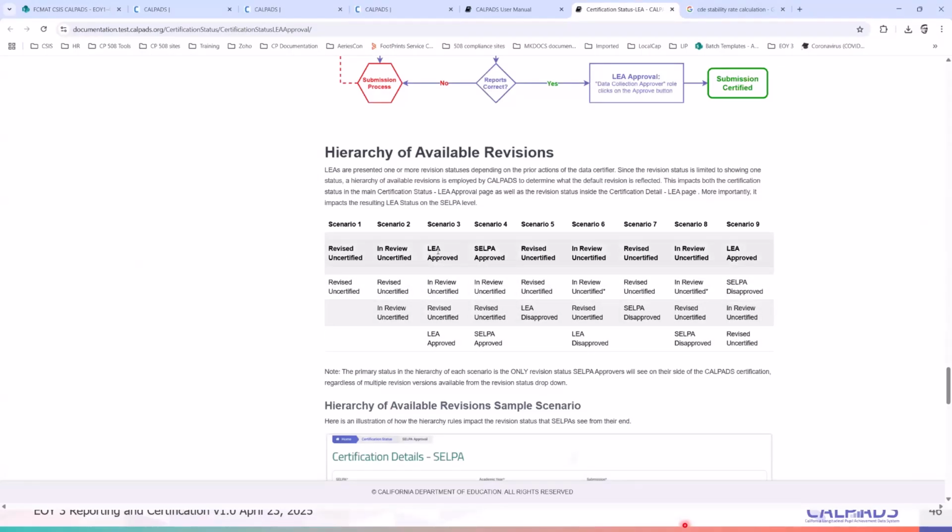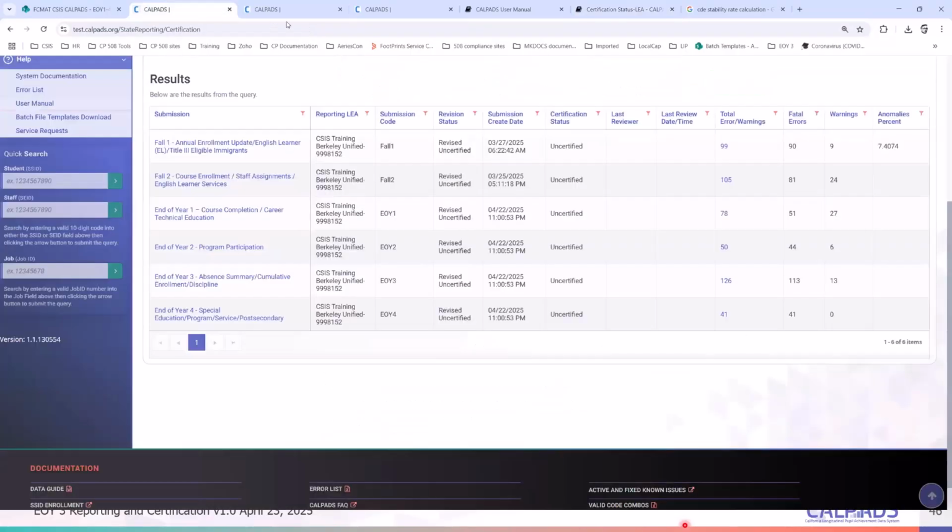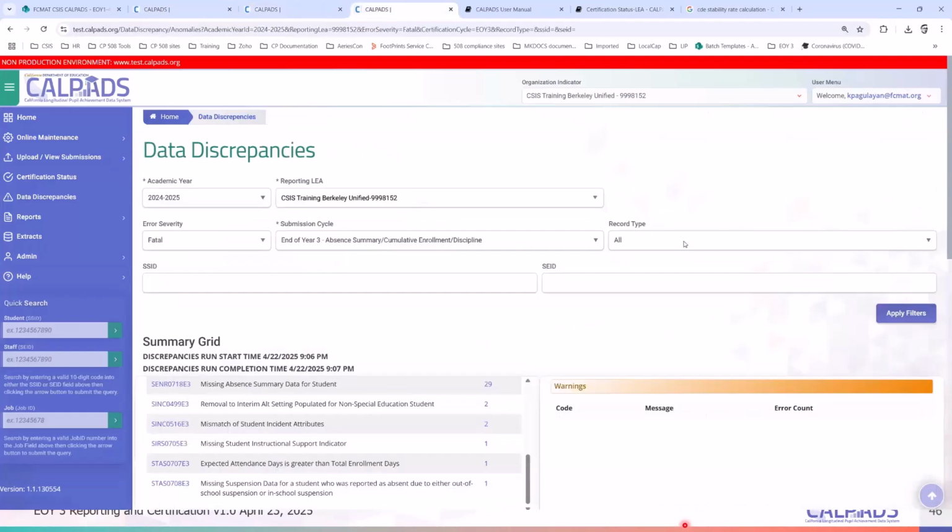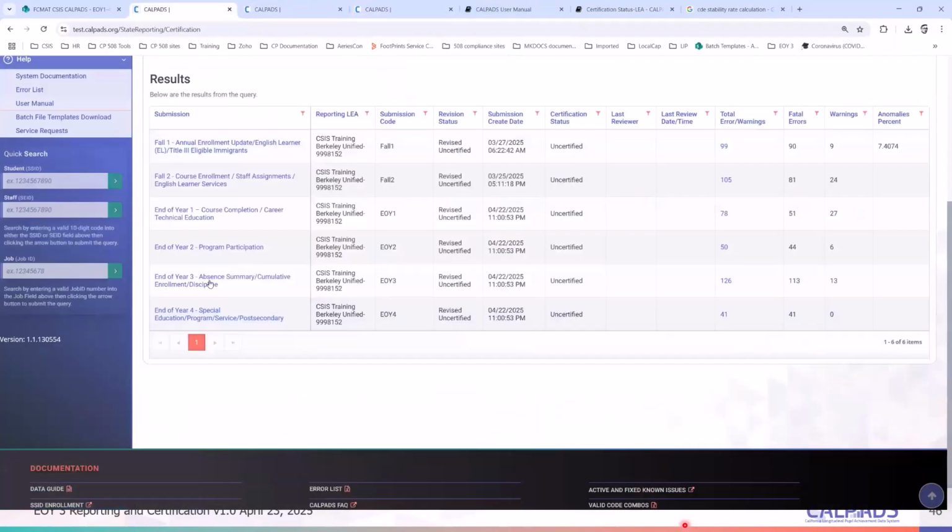So if you are LEA approved and you have a revision that you're waiting for, or if you're in review and you need a revision to look at, you need to go back to this revision status and switch the revision.